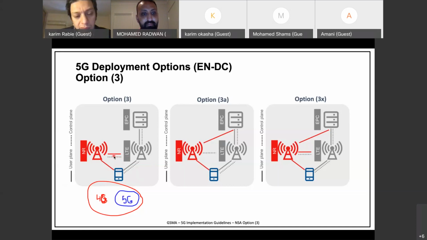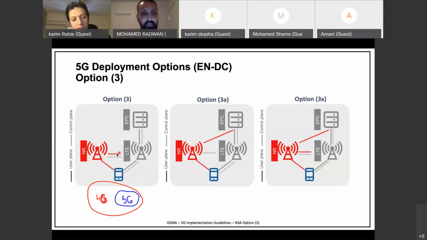It seems that in option 3, there is no user plane bearer or interface or tunnel between the new radio and the EPC. So for the downlink data, for example, it comes from the EPC to this anchor point, and it either goes to 4G or to 5G, but there is no way for the EPC to communicate directly with the new radio.